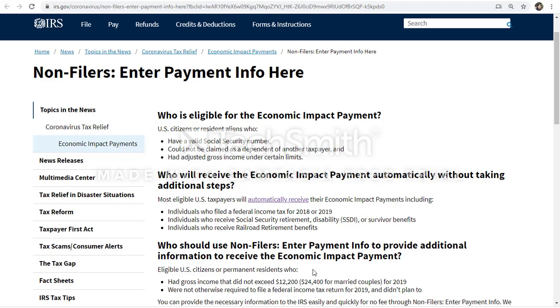I'm going to show you what you can do to apply for the Economic Impact Payment, also known as the Coronavirus Relief Rebate or Refund, among other things, if you are married to somebody who is not a US citizen. First, I want to mention